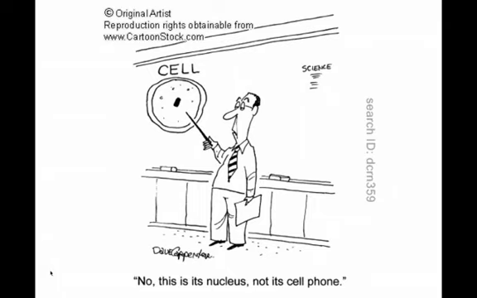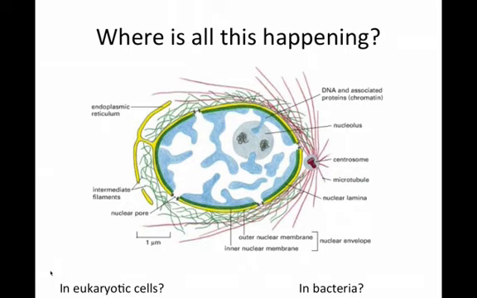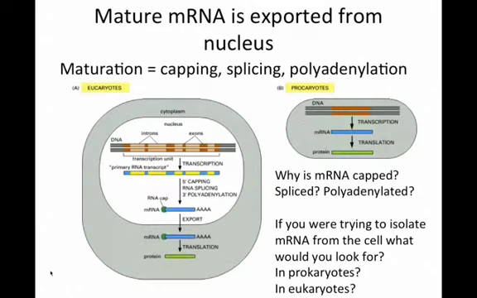Okay, so in a eukaryotic cell at least, there's a nucleus, and a lot of this is happening in the nucleus, but obviously for a prokaryotic cell, there's no nucleus. It's actually just happening in the area around the DNA. Okay, so where is this all happening? In eukaryotic cells, you have a nucleus, and in prokaryotic cells, you don't. So you've got transcription, remember we're doing transcription, and we're talking about gene expression. I'm bringing you up to speed.